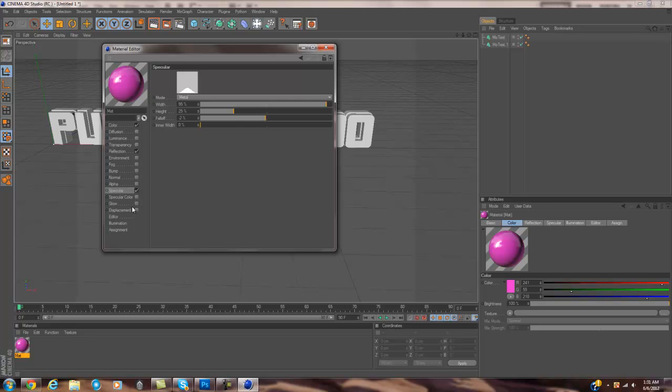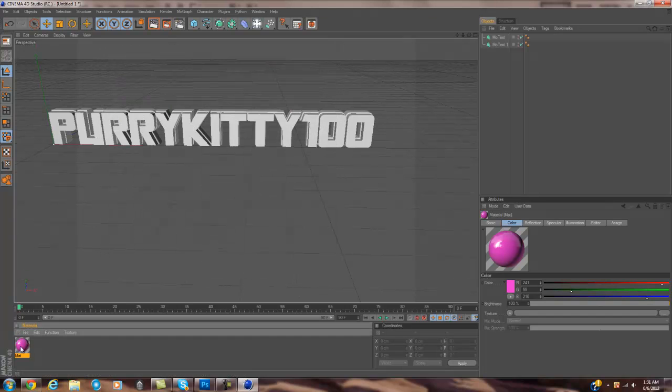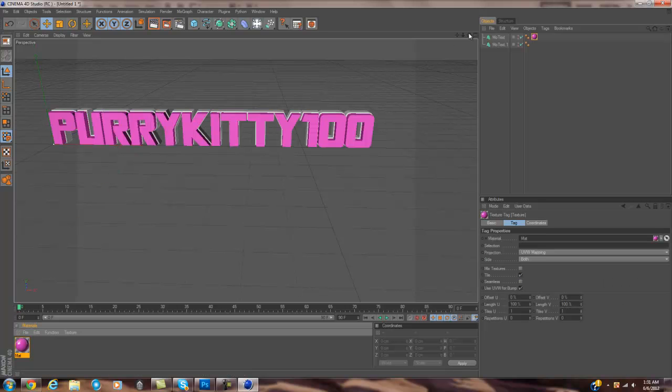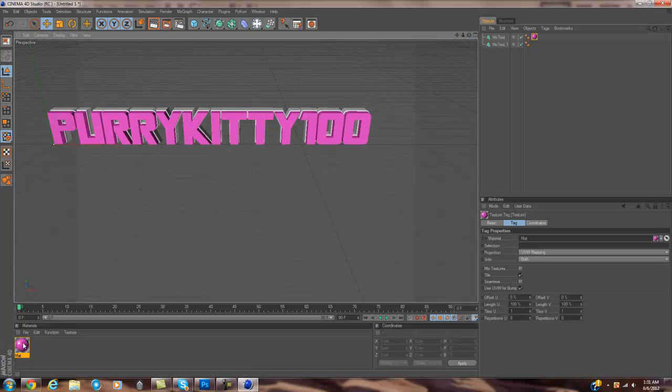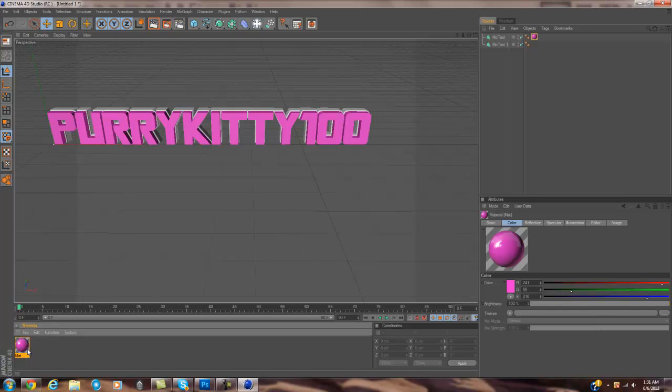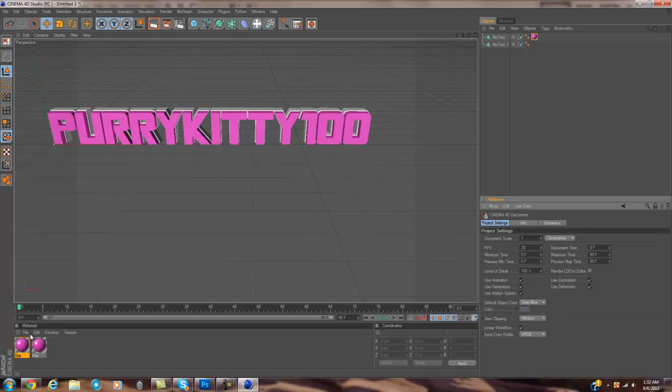Let's see, I'm just gonna stick with this, and you're just gonna want to drag that material onto the back or front. If you're doing it like me, I dragged it onto the front. And what you're gonna do next, hold Control, click on your material, hold Control, and slide it over until you see the arrow facing to the side. Or you just go here, click on it, Control D, Control V,